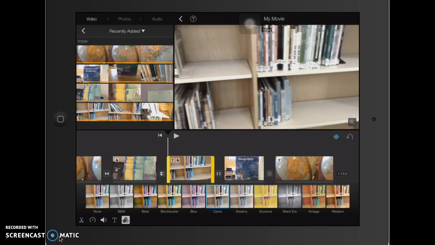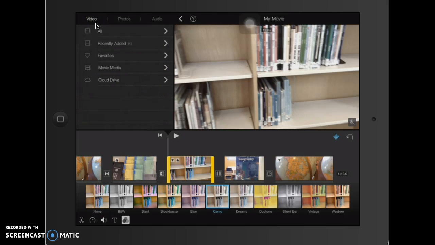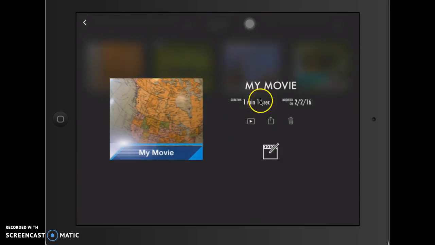So at that point, you should be ready to wrap up. And I just want to show you how to go ahead and make sure that you give your project a name, and you may even want to do this from the start. So up on the top left, there's that arrow, and that's going to bring us back to the library. So over here, I'm going to click on the little arrow right here, and it brings me back to this screen, and it tells me the duration of my project, the last time it was modified,